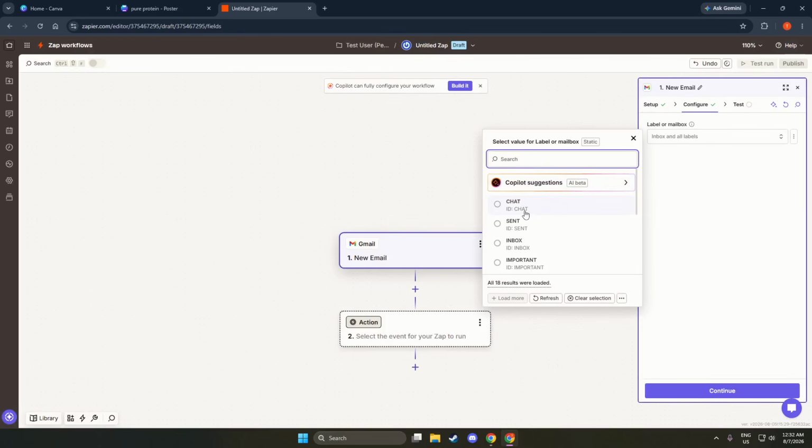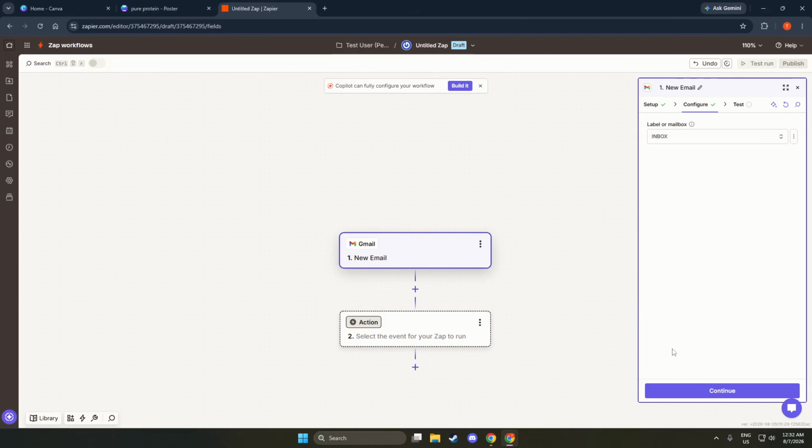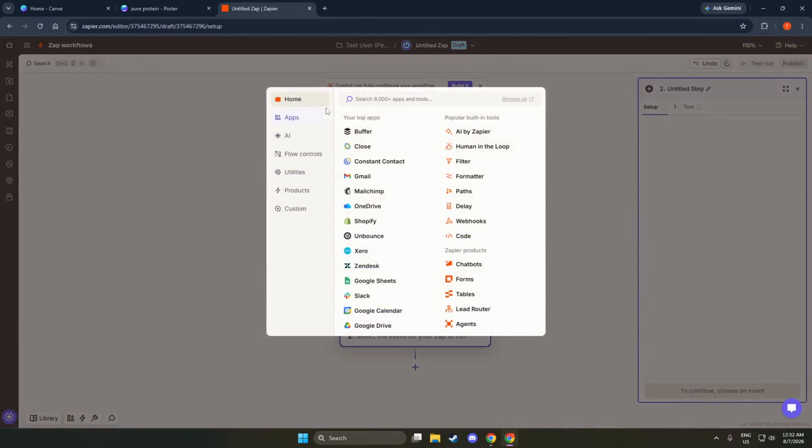With the trigger event selected, connect your Gmail account. Click the Connect button, then choose your Google account in the window that appears and allow Zapier access. You will see your Gmail address listed in the account dropdown once the connection is ready. If you manage multiple email accounts, double-check you pick the one that actually receives the messages you want in Excel.